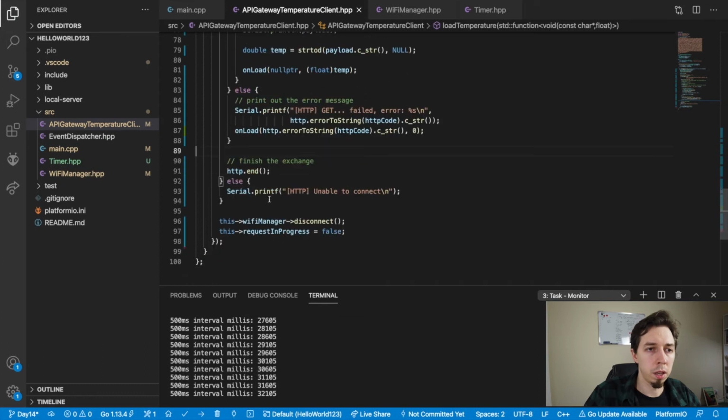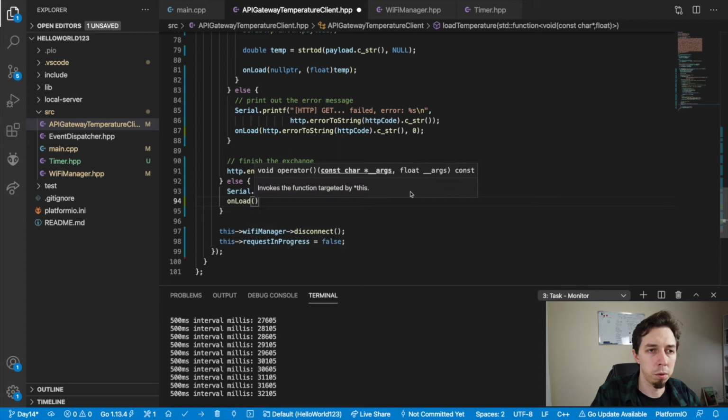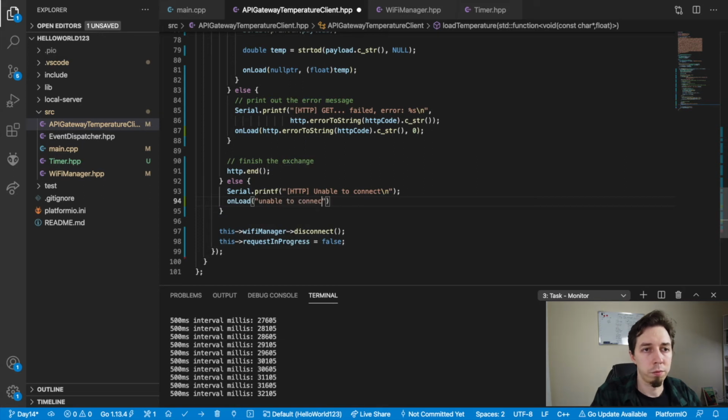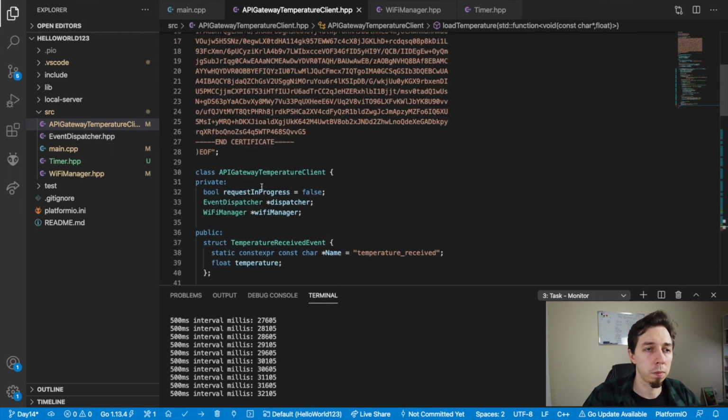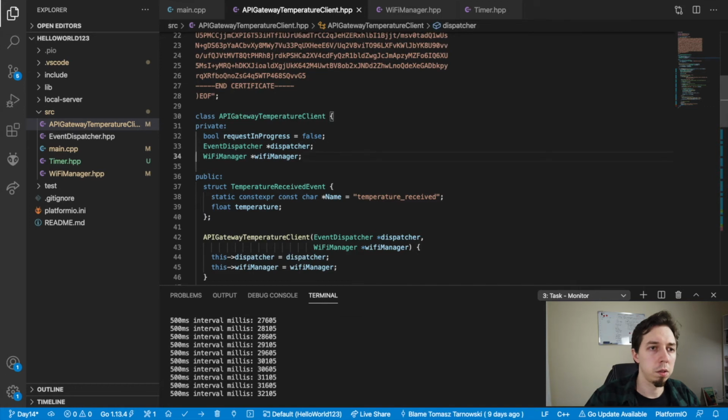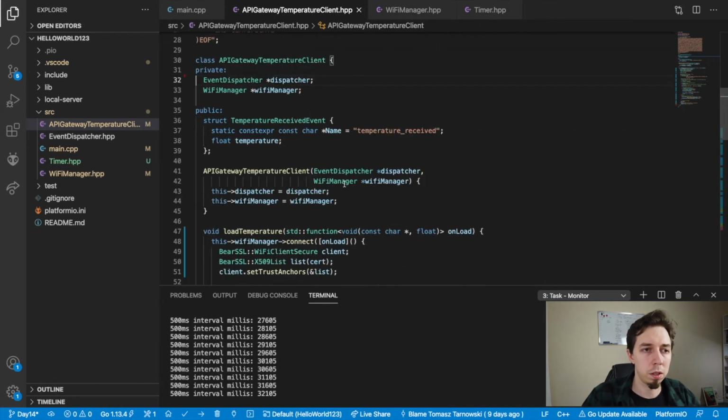And we do HTTP end. This one essentially I'm just gonna run unload with some other error, which is gonna be, let me just write unable to connect, I guess, and also 0. Right, then Wi-Fi manager disconnect, we're not gonna do it, and we don't use request in progress anymore here, essentially. Okay, yeah, request in progress is not needed, because that is now